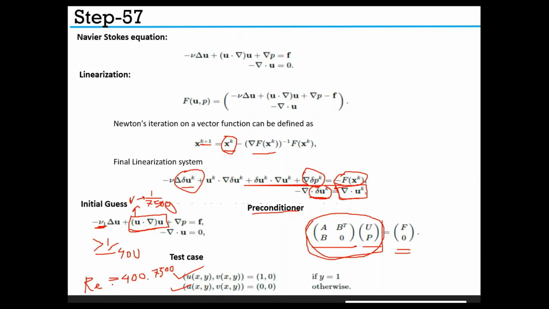If the Reynolds number is 400, then viscosity will be 1 by 400. We can still find a solution for Reynolds number 10,000, and the references contain the results of comparison, so we can limit the discussion here just for the 400 and